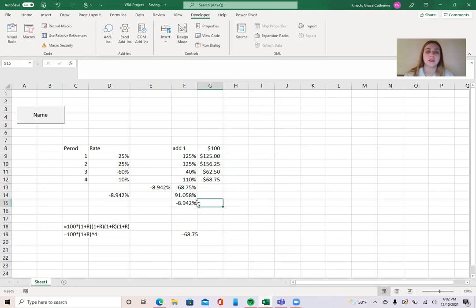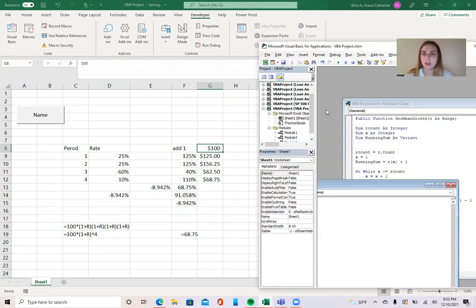is to come up with this rate, because this would be the amount that would need to be spread across all of these periods in order to return this, which would be 68.75% of the $100, which is what we ended up with over these rates. Instead of ending up with a normal average of 0 here, we actually ended up with 68.75% of the $100. So to view my code,